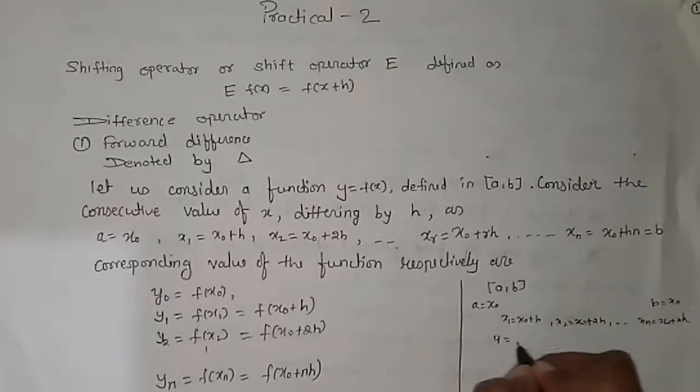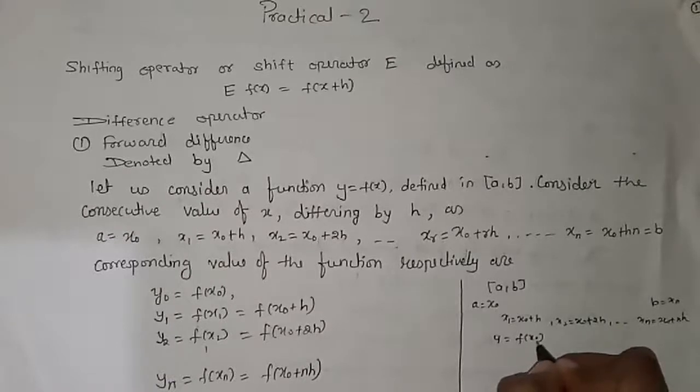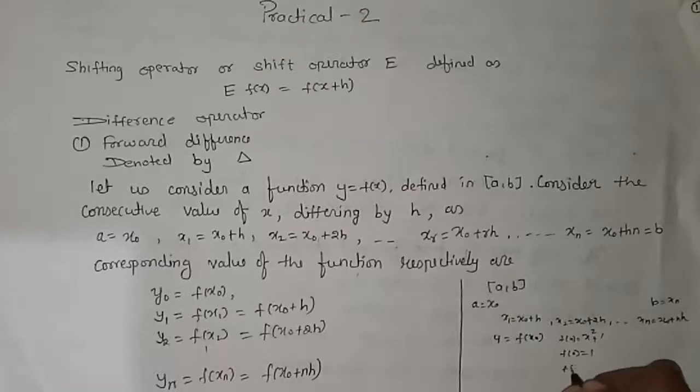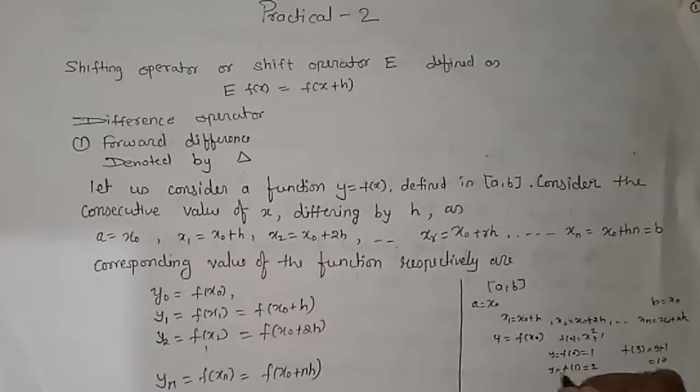see, here we have the function y is equal to f(x). If I give some values to this x, then my y becomes some value. Suppose f(x) is equal to x square plus 1. If I write f of 0, this is 1. If I write f of 1, then it becomes 2. And for f of 3, it becomes 9 plus 1, 10. So as my x changes, my y also changes. y is nothing but f of x only. So f of 0 is nothing but 1, f of 1 is 2.